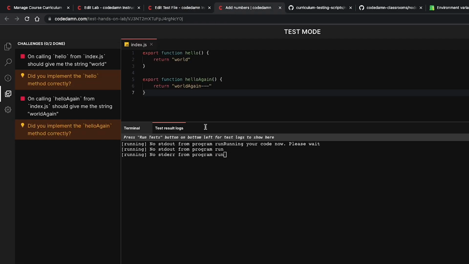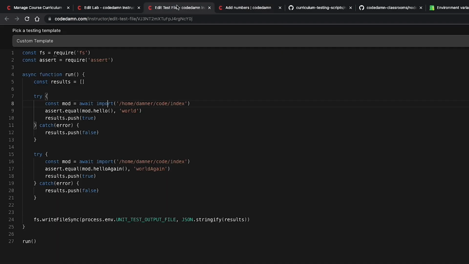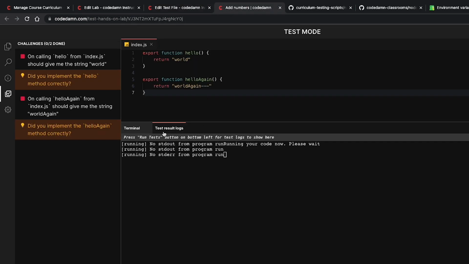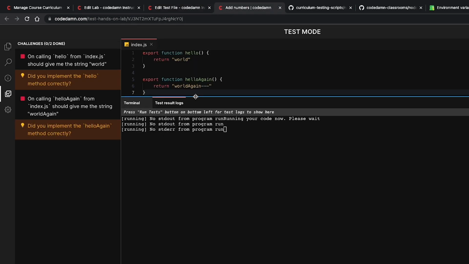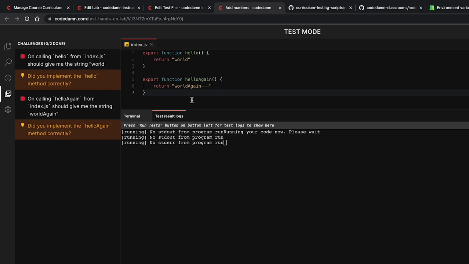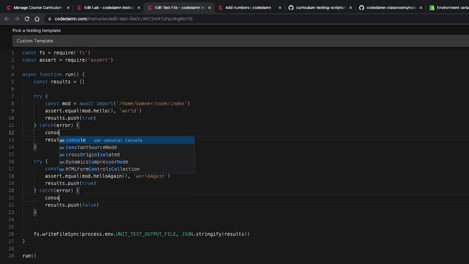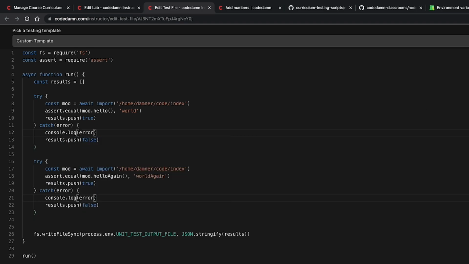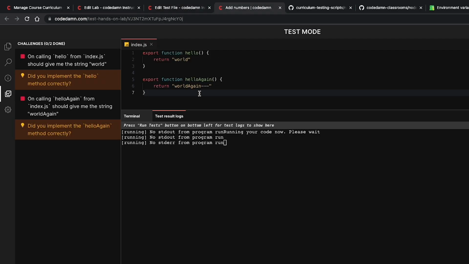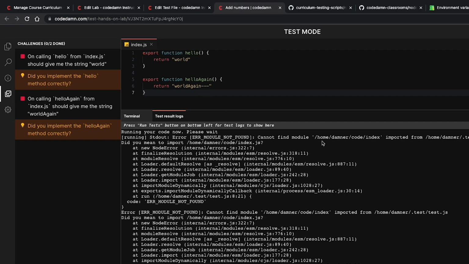But you see that we are not able to understand what is going on with this particular lab, right? So let me also show you how to debug this real quick. Because I mentioned to you that this test results log is an stdout and stderr stream from this testing itself directly, what you can do is put console logs over here while you're debugging the lab, right? So I'm going to save it with console log of error. And if I go ahead and try to run this again, you're going to see that it says cannot